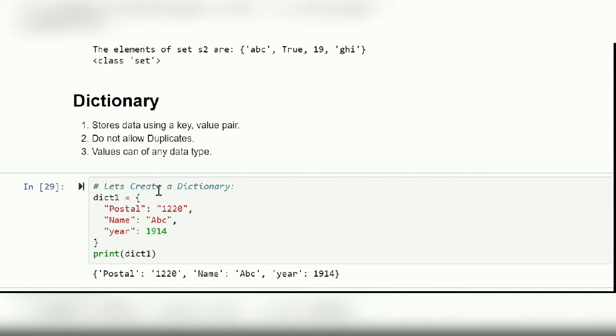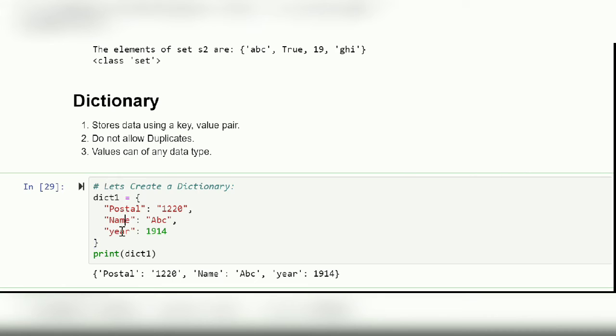Again, we use a dictionary to store elements, and they can be of the same or different data types. Now again, a dictionary does not allow duplicates, and it is also created using curly braces. Now you must be wondering how a dictionary differs from a set. The peculiar feature of a dictionary is that it has key and value pairs. However, a set does not work in this manner.